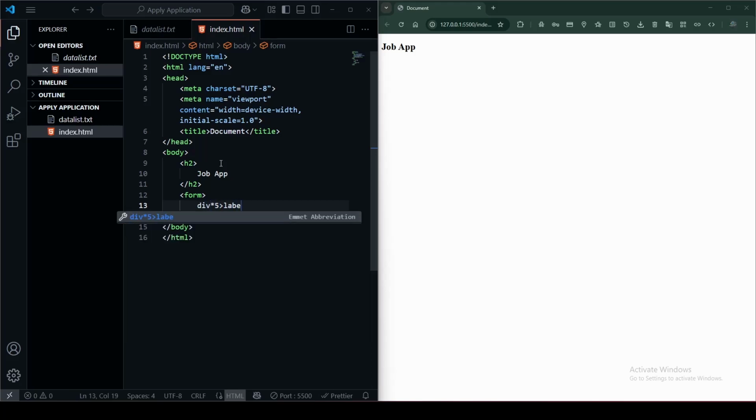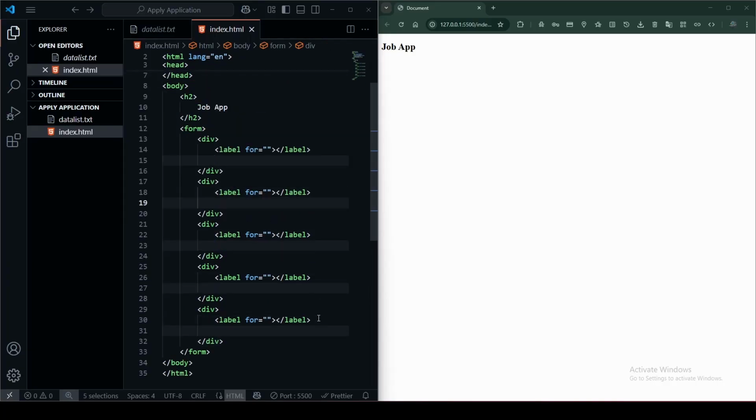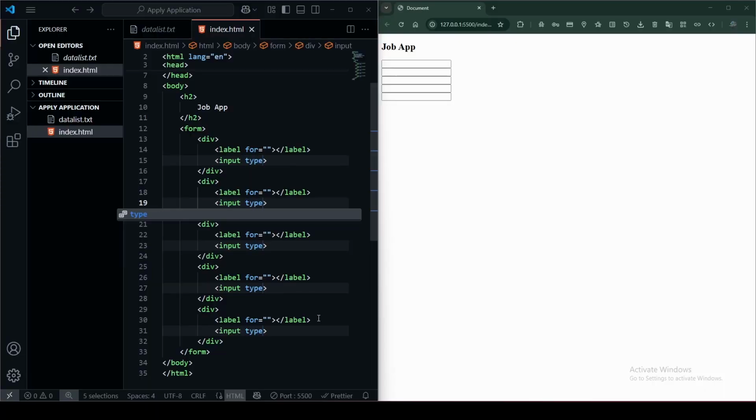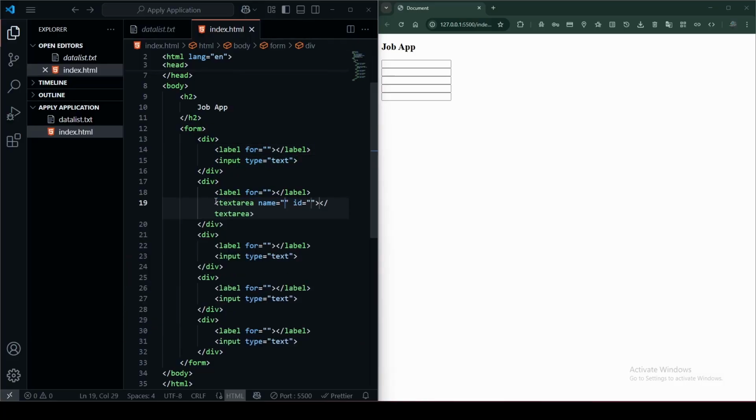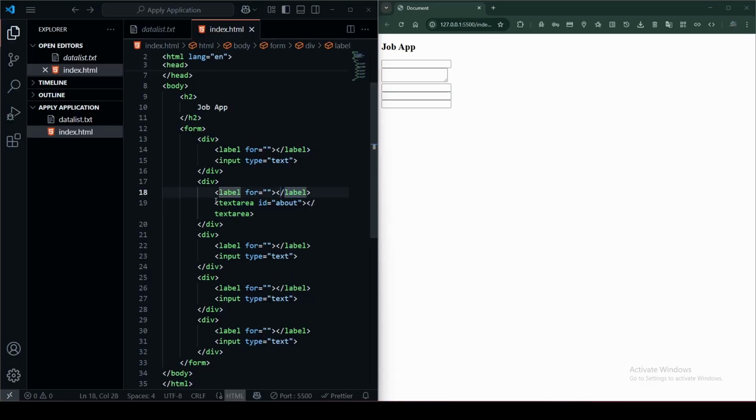Each div is going to have a label. That's it. That's everything. So here I got to add the input, type text, and that's all. Here I'm going to change text, maybe here, to textarea. We don't need a name, and our ID is going to be about. Okay, so now after we created our